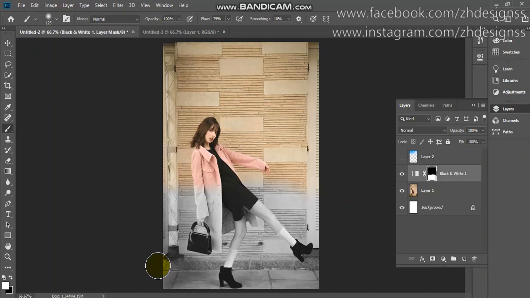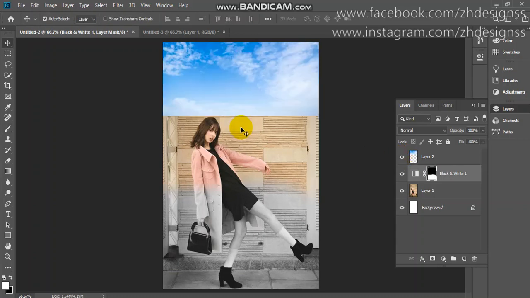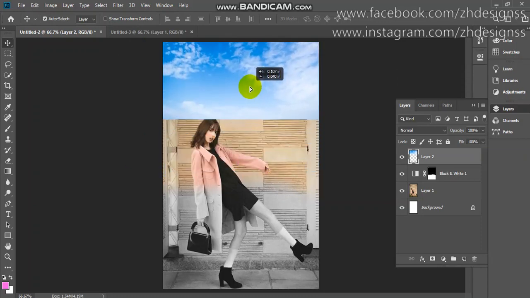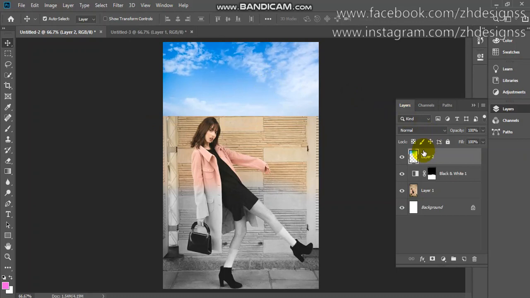Mostly you use your layer mask in order to blend images. Let me give you an example. I have such an image, which is a cloud image, and I place it here. Now I add a layer mask and choose the brush tool.